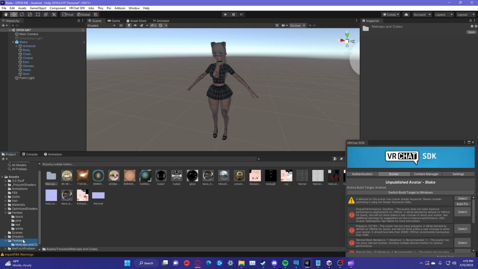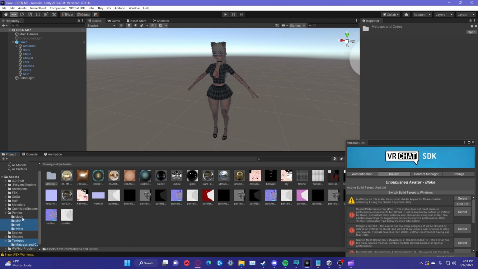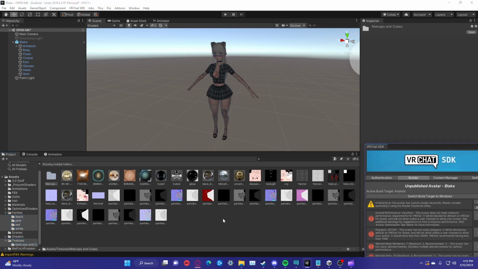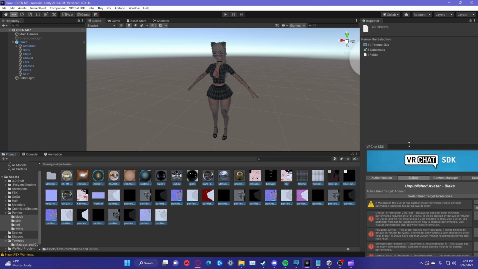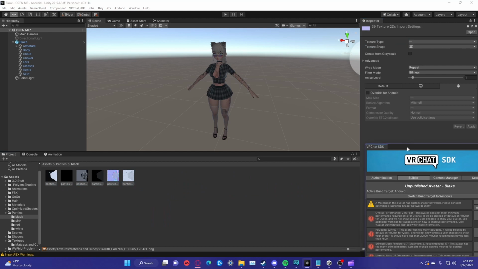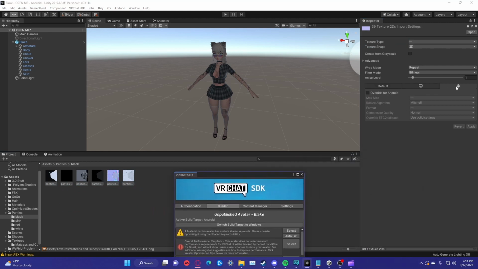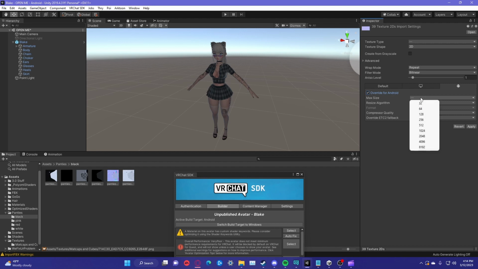So I'm gonna do these ones. I'm holding control so I can individually select them. And then I'm going to click on one and control A so it triggers all of them. And then click texture 2Ds. And then make sure it's on this little robot guy, right? And then click check mark there, override for Android, max size, this little down arrow, and I like to put